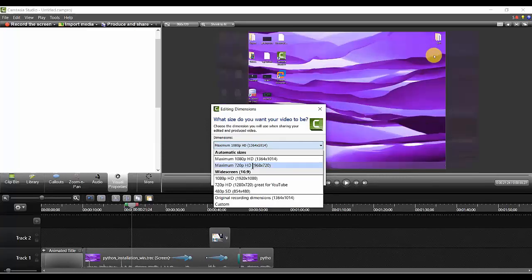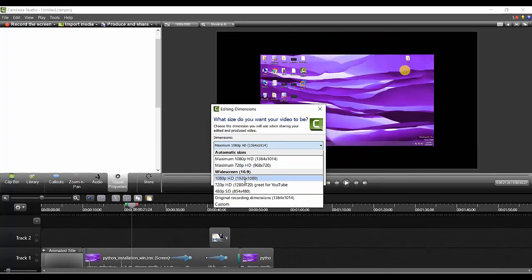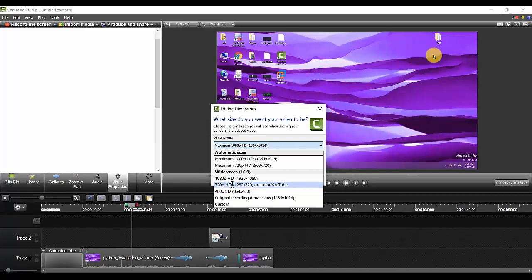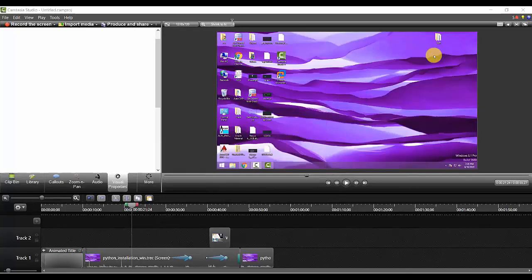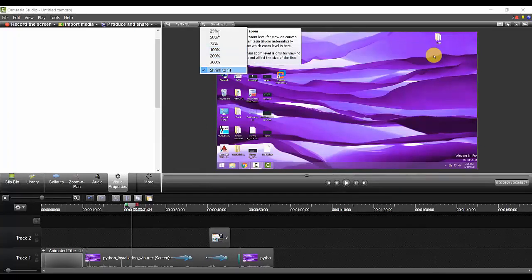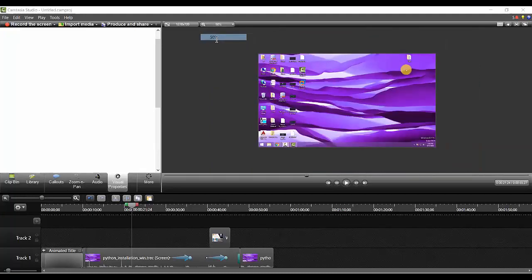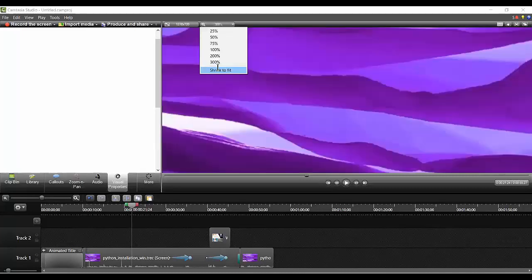Okay. This is our size. Okay, 720 HD quality. Okay, this is what we wanted. So we'll keep anything. Simply I'll cancel it out. Okay, if I want to see my canvas bigger or smaller, or fit to the size that I have defined here, then I can do it straight to fit. Otherwise, I'm having different sizes that I can show my canvas in that way.